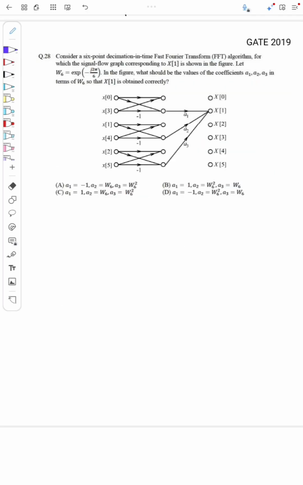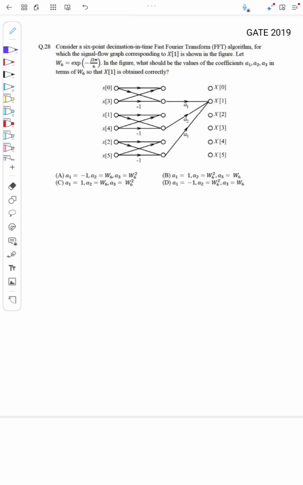Yeah, so this is another question from GATE 2019. The question is: consider a 6-point decimation in time fast Fourier transform FFT algorithm for which the signal flow graph corresponding to X of 1 is shown in the figure. Let W6 equal e power minus j2 pi by 6. In the figure, what should be the values of coefficients a1, a2, a3 in terms of W6 so that X of 1 is obtained correctly? So given N is equal to 6,